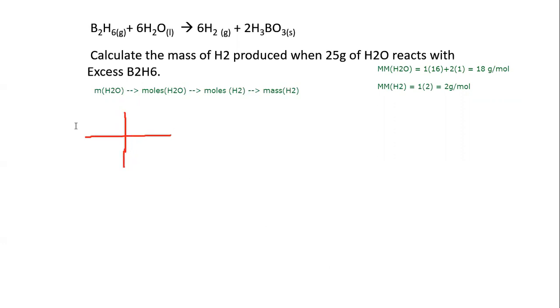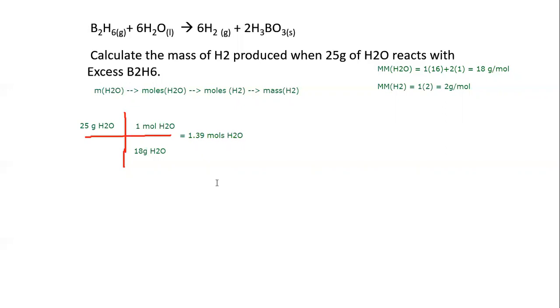So we're starting with 25 grams of H2O. From the molar mass, the mass goes on the bottom, and moles goes on top. So again, this is step one. We get 1.39 moles